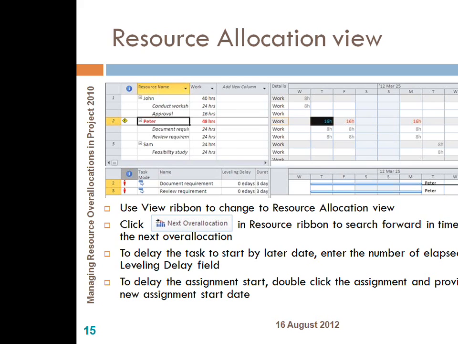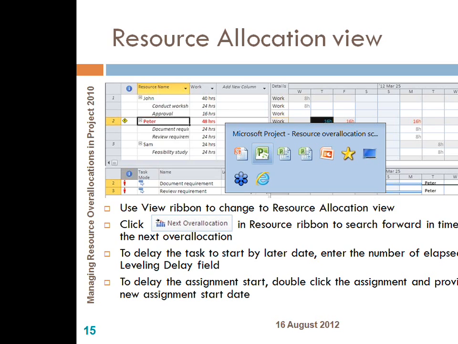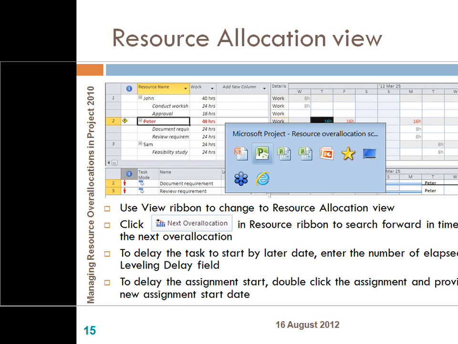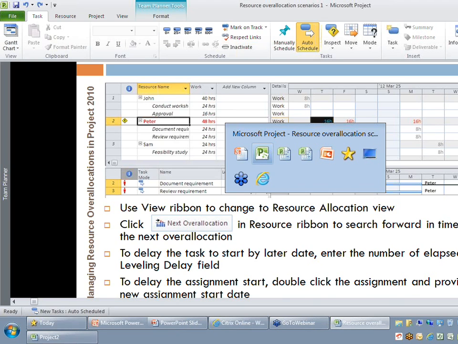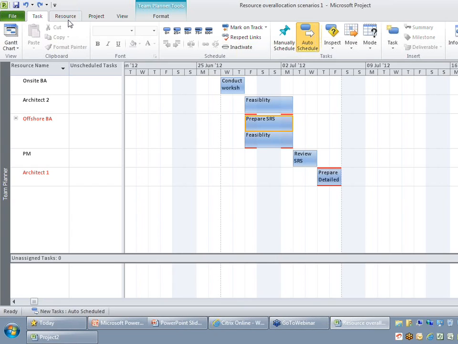The next one which I just want to spend time on is the resource over allocation view. The chart view, the resource sheet or the team planner does give information about over allocation and also gives you options to resolve the problems. But this might not be sufficient, because you might want to look at on what day the resource is over allocated, how many hours he is over allocated on the individual days, so that you can take a case by case scenario and resolve it.